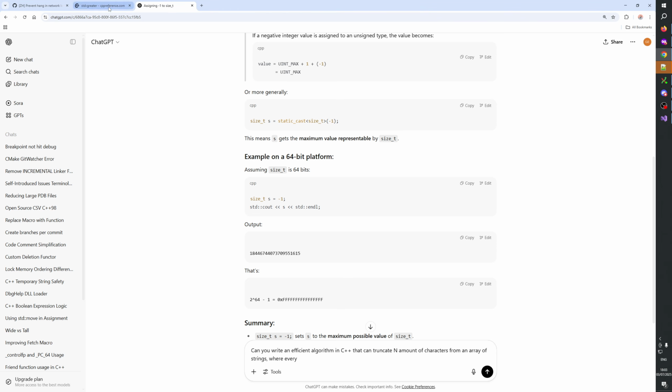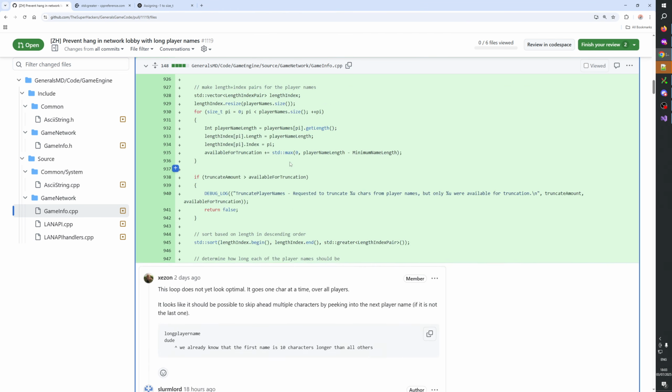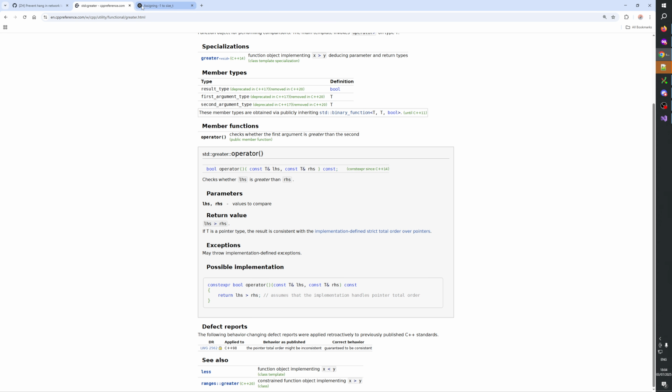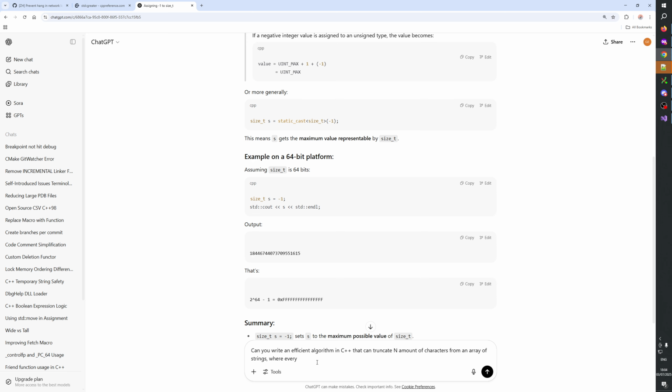Yeah, that's the only input, right? The names and the truncate amount. Can you write an efficient algorithm in C++ that can truncate n amount of characters from an array of strings, so that every string is truncated fairly,